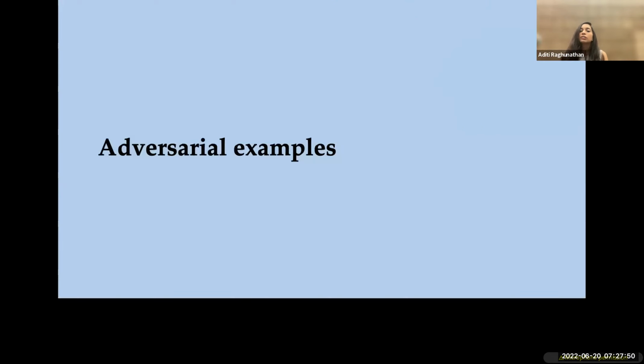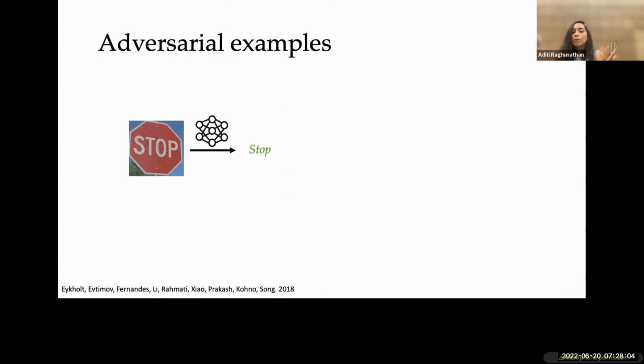So with that, let me jump right into some concrete instantiations of this robust optimization framework that have been typically looked at within the robustness community. The first is adversarial examples. Perhaps a lot of you are familiar, but adversarial examples are quite a striking phenomenon where we see such mistakes happen. So here is a stop sign that a good model would correctly classify as a stop sign.